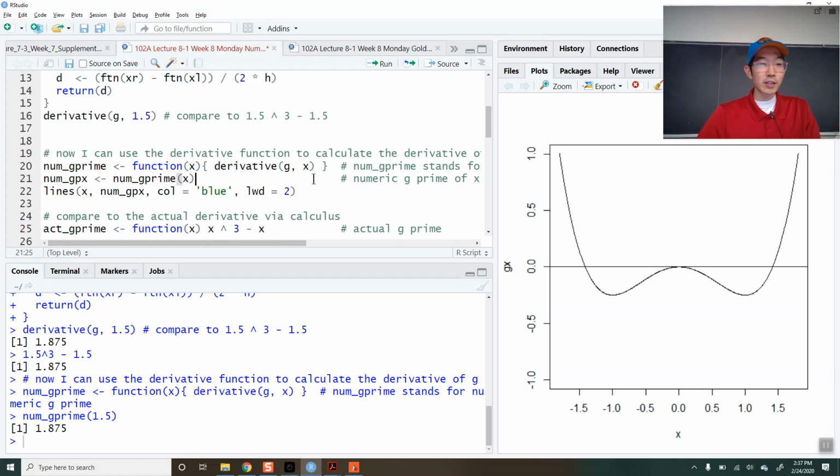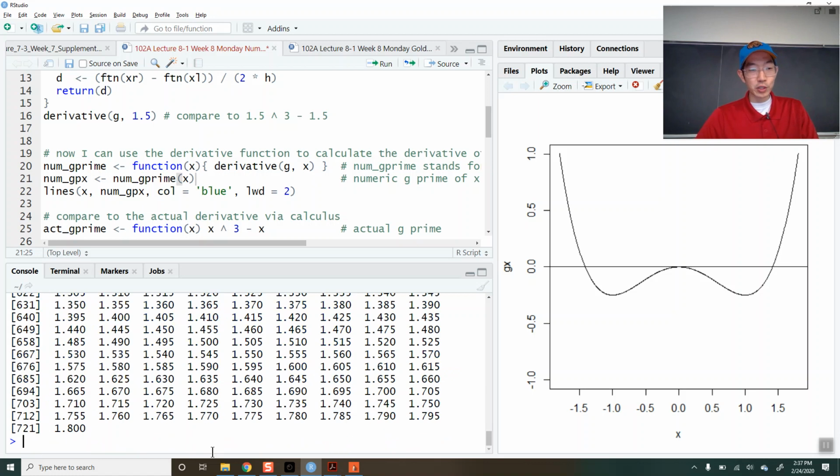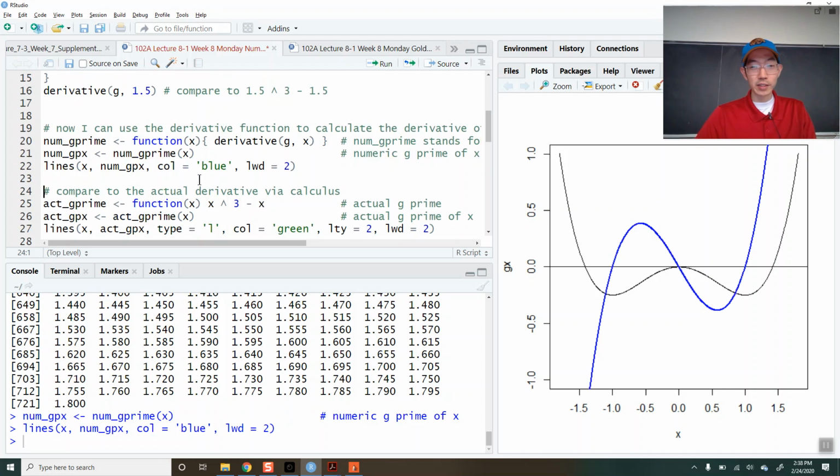All right, so here I calculate this for my entire vector x, which goes from negative 1.8 to positive 1.8, and I'll plot this. So this is what the derivative looks like. And what do we see? We see at the local min, the derivative is equal to 0. At the local max, the derivative equals 0. At the local min here, the derivative equals 0 as well. And then where there's an inflection point, that's where the,